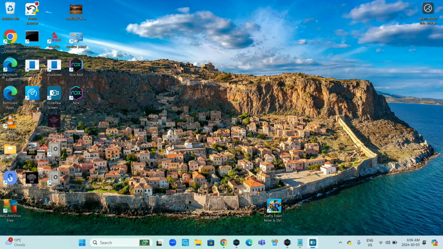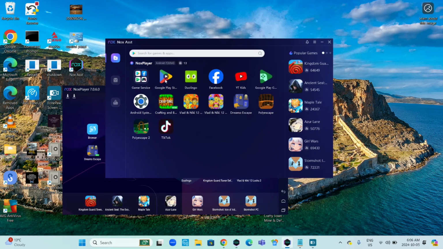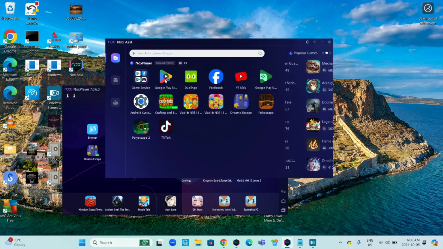Hey guys, today I'm going to show you how to log out of Playstore in Nox Player. So I'm going to go ahead and open Nox Player and Nox Assist. If I go to the Playstore in Nox Assist and open it in Nox Player,